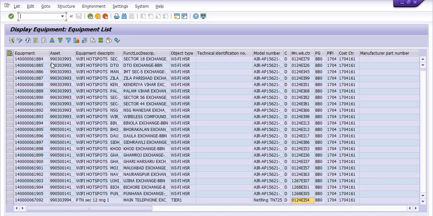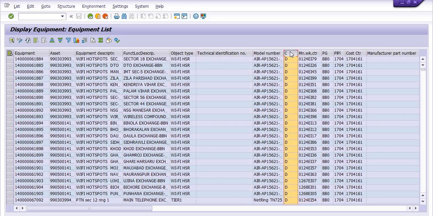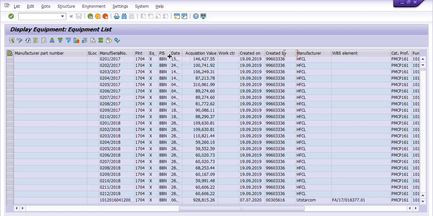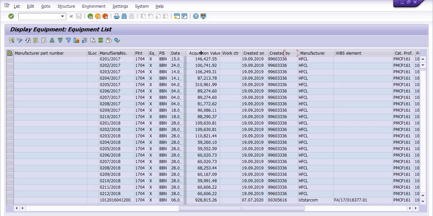This is the equipment ID, this is the asset ID, this is the equipment description, this is the functional location description, object type, technical identification number, model number, class, main work center, planner group, planning plant, cost center, manufacturer part number, serial number and plant section date.